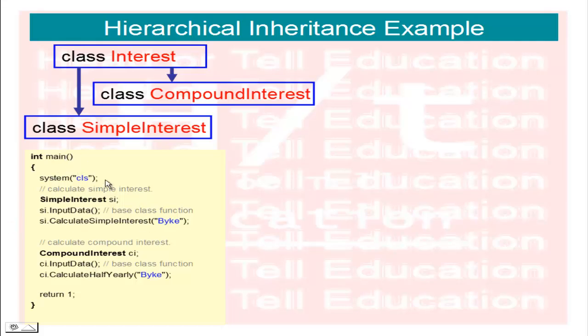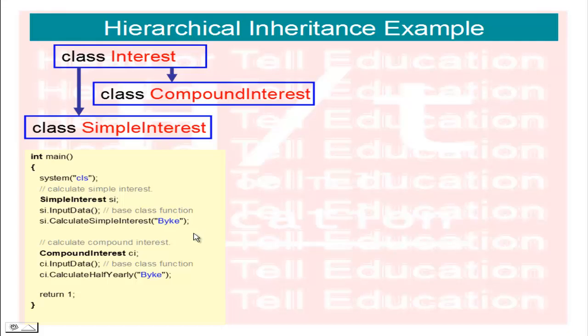In the main function, clear the screen using system CLS, and for simple interest SI, I have created the object. First we read the data, simple interest dot input data and simple interest dot calculate simple interest, passing